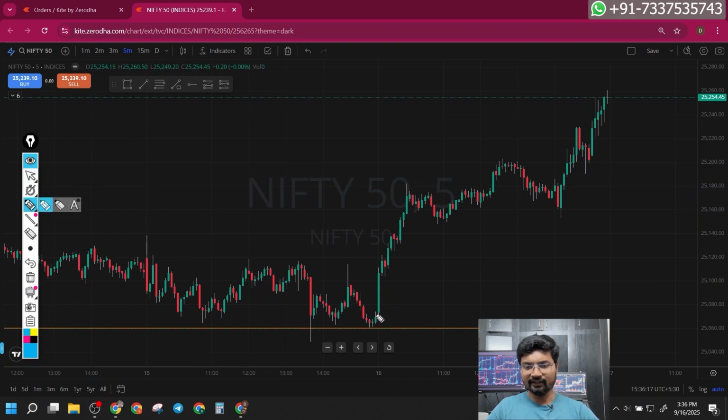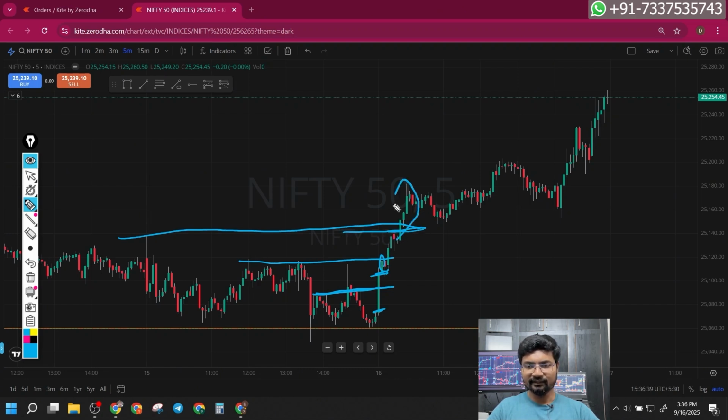Today Nifty opened here, a flat opening, and the first 5 minutes candle closed as a green candle. We planned yesterday that if Nifty is going to close above this level, you should be on the buy trade, with this as a first target. As soon as in the next 5 minutes this target was achieved, after that you should aim for this as a second target. This line is the second target, and it went higher even furthermore.